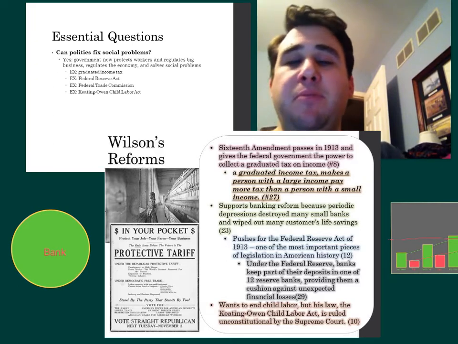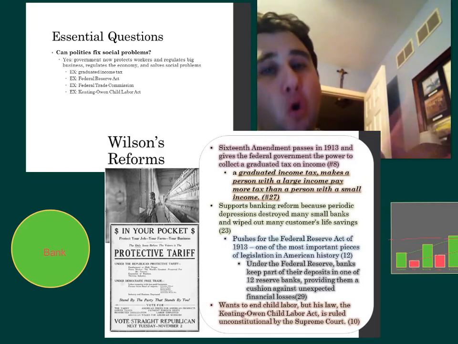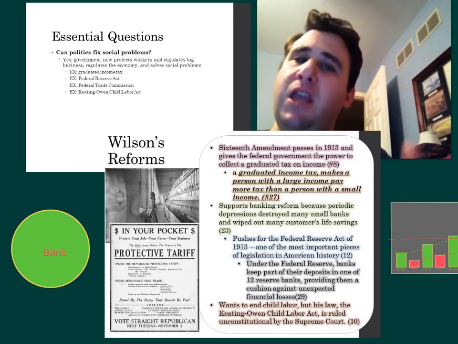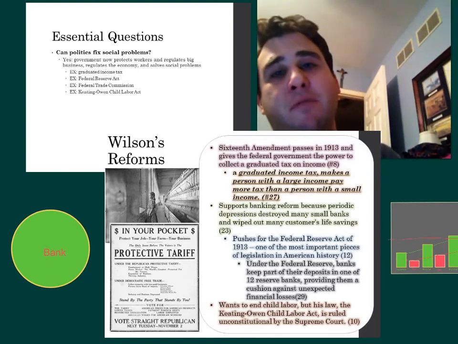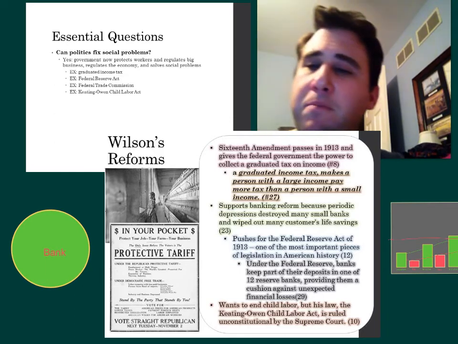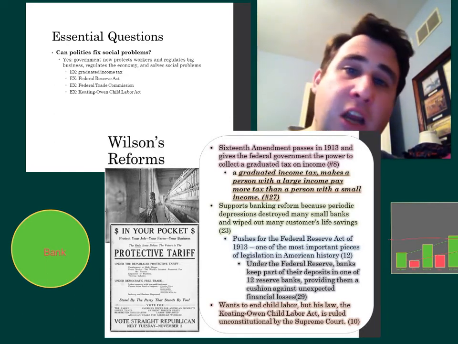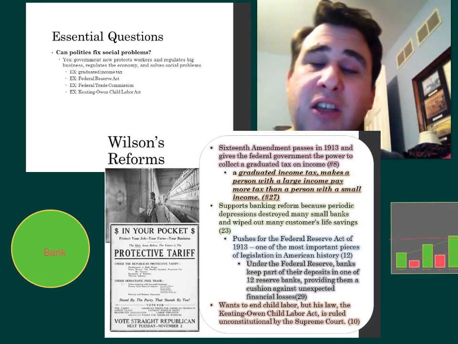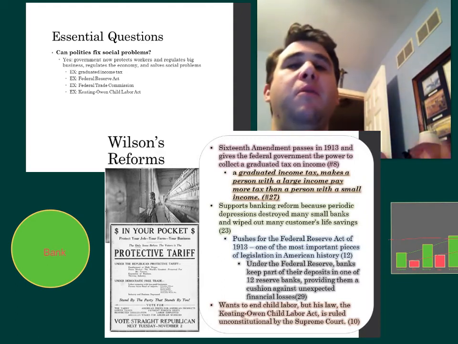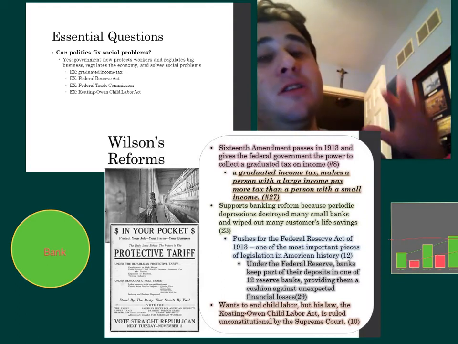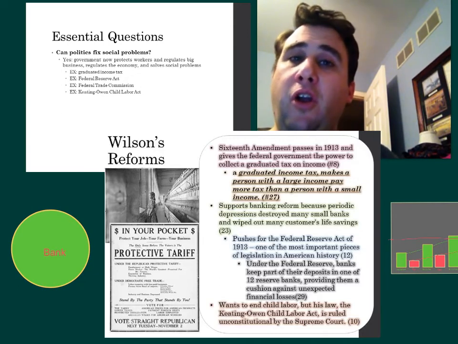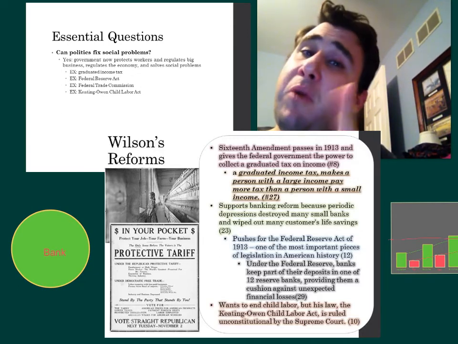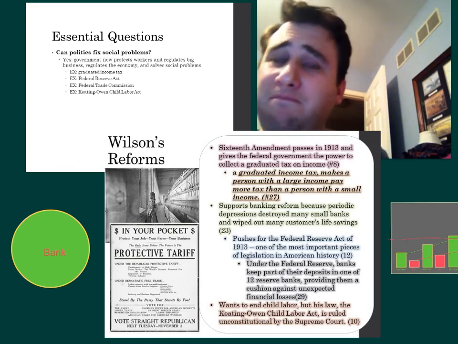So it has to be something that we're going to see slowly change over time, where state by state, they're going to pass child labor laws until almost all the states have them, and then eventually all the states do have them. But it is an attempt. He does pass the Keating-Owen Child Labor Act. He encourages it. He signs it. It is found unconstitutional, but it will at least start the nation moving in the direction of ending child labor in our country, which you might be surprised to find out tomorrow isn't fully gone all the way.